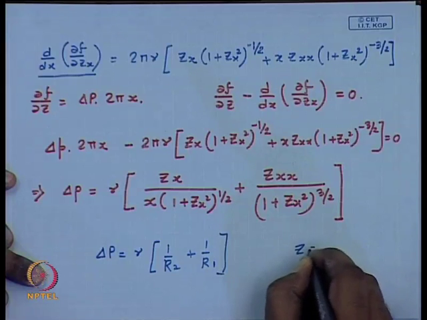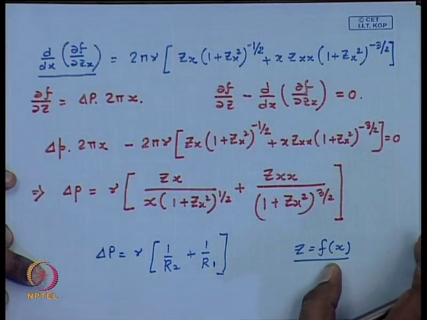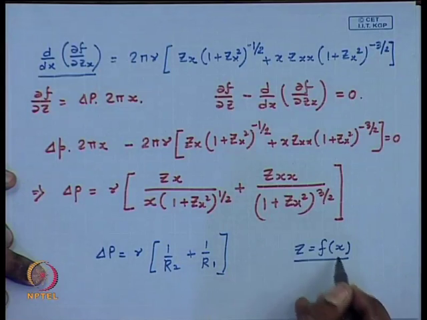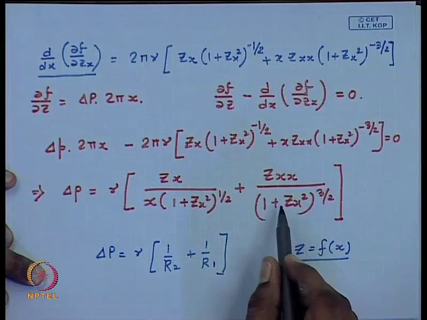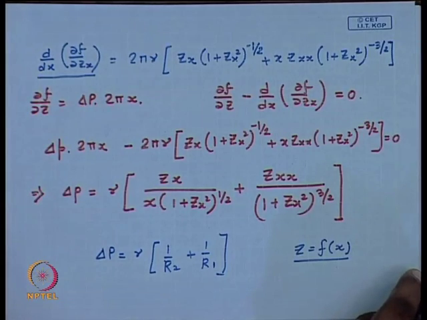However, this definition looks rather big, but in reality for an axisymmetric surface you can express z as a function of x. So, if you can implicitly express this, you ideally know z, zx and zxx. So, from that you can calculate the delta p, or in other